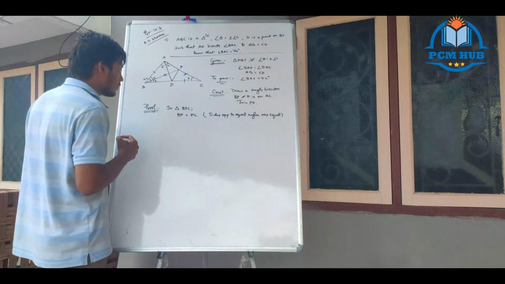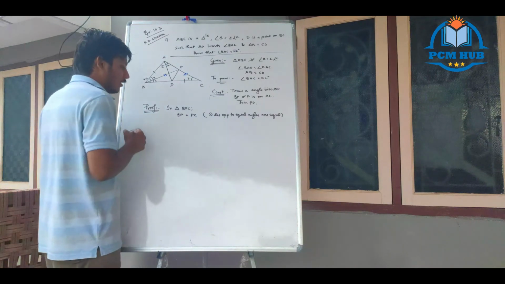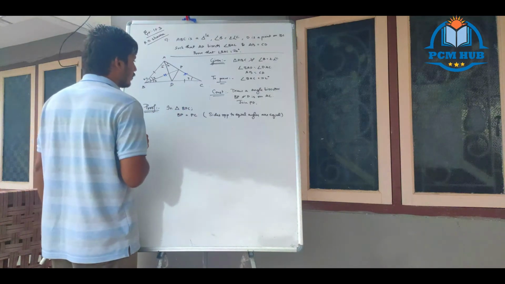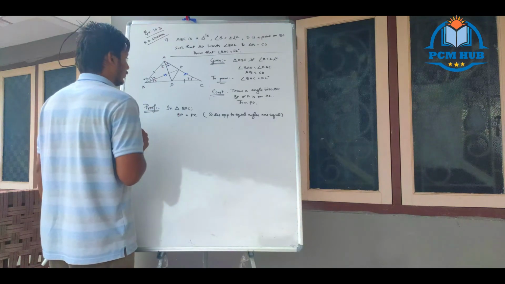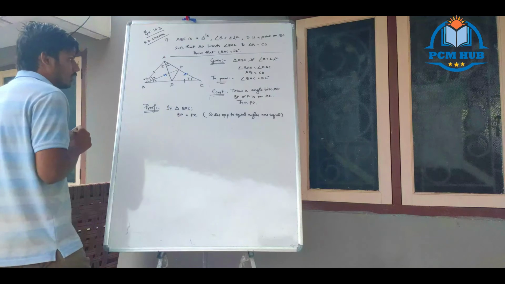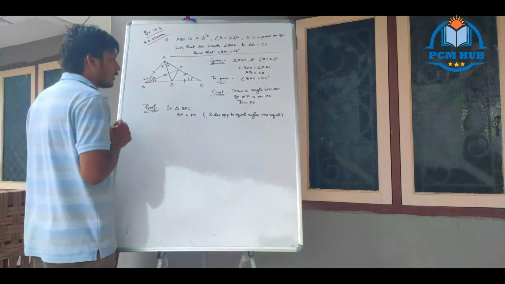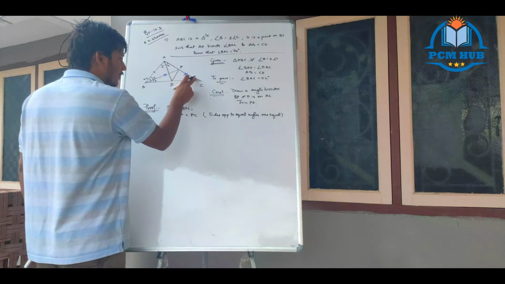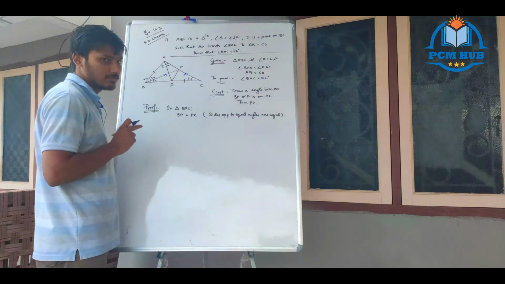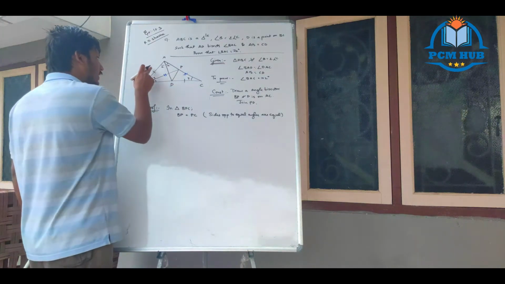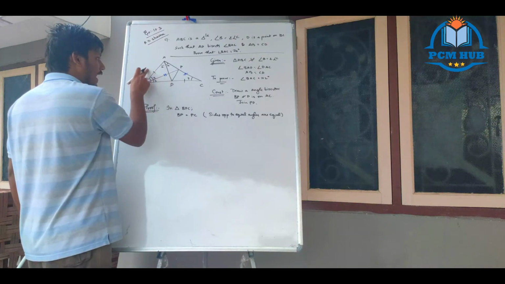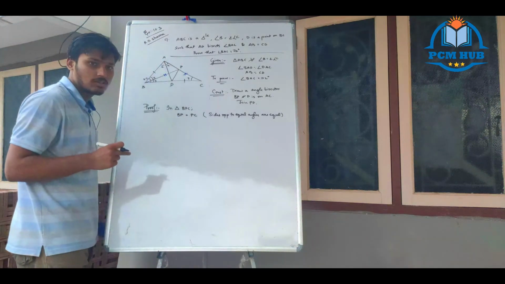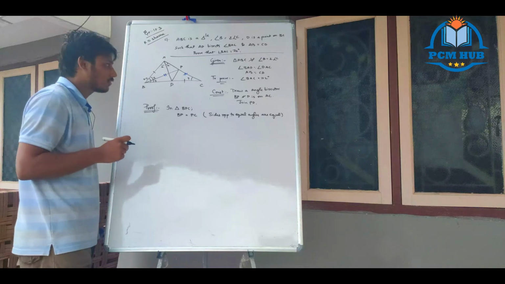Next, what will we take? Let us take the triangles. Now let us prove congruence between any two triangles. Which triangles can we make congruent? You can see here we are getting one side and an included angle, so we can take SAS. You know the SAS rule, right? Another side, this also. One side, one black, one blue, and y angle included. So these two triangles we can prove as congruent.